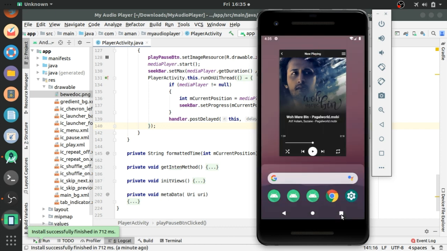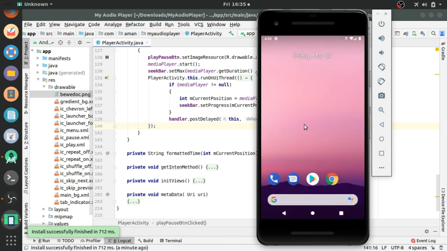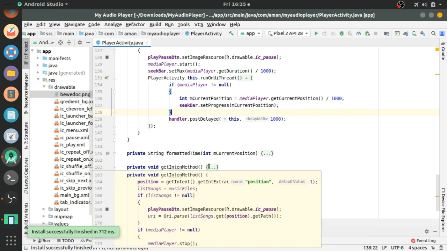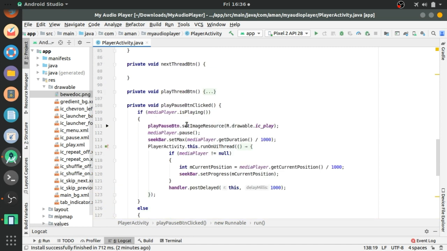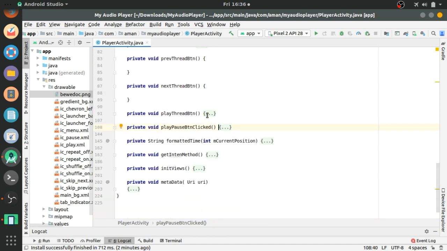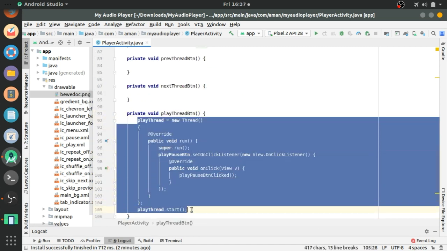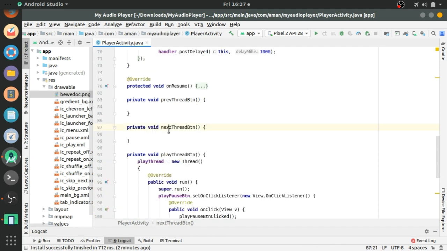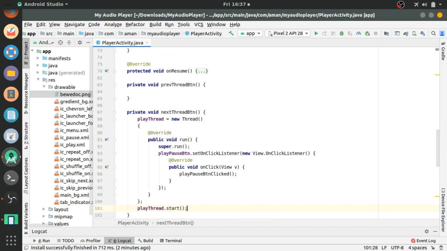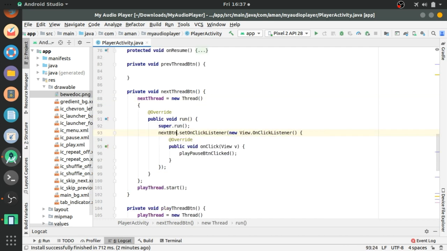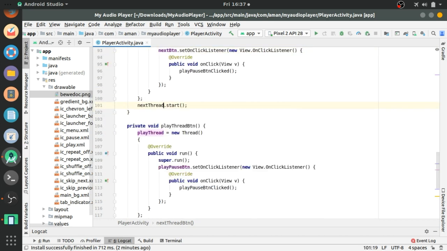Now we have to implement the next and previous buttons. So to do this, first of all I'm going to the play thread button and copying these lines, and in the next button thread we are pasting and just changing the thread.